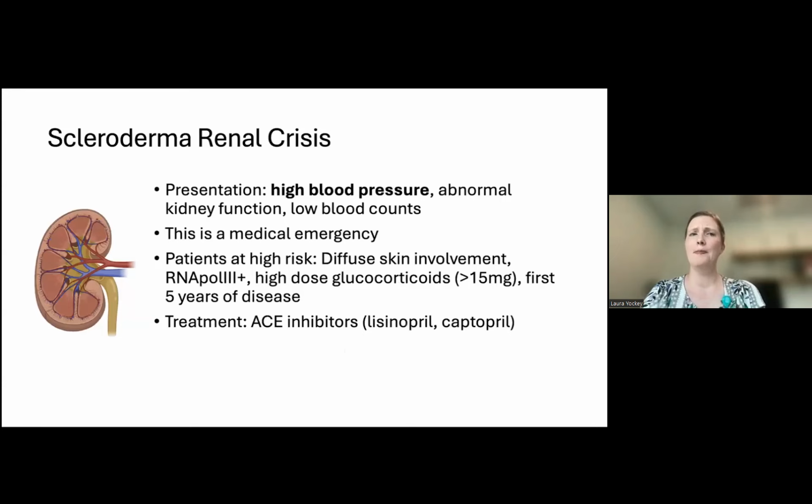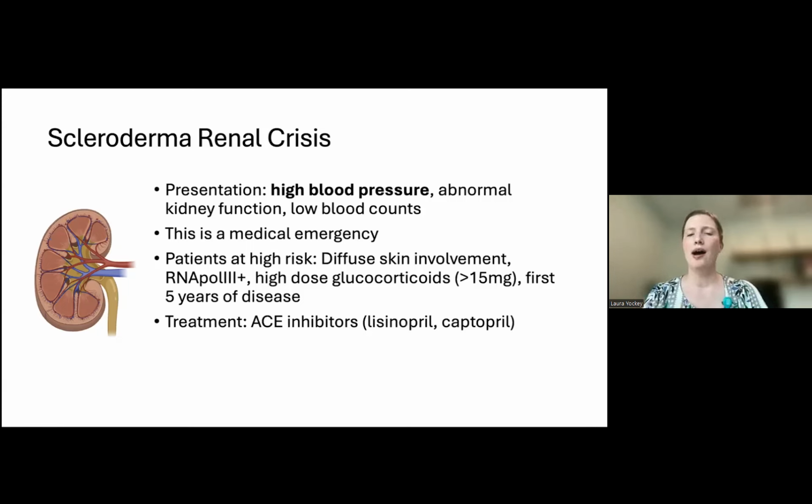And then finally, I wanted to talk about scleroderma renal crisis, which is one of the less common manifestations, but I think a very important one to know about. So scleroderma renal crisis is where the blood vessels in the kidneys are affected, and usually it presents with high blood pressure, and then lab findings can be abnormal kidney function and low blood counts. This is a medical emergency, so this is why your provider might ask patients to monitor their blood pressure closely, and why it's so important if you have scleroderma and have new high blood pressure to